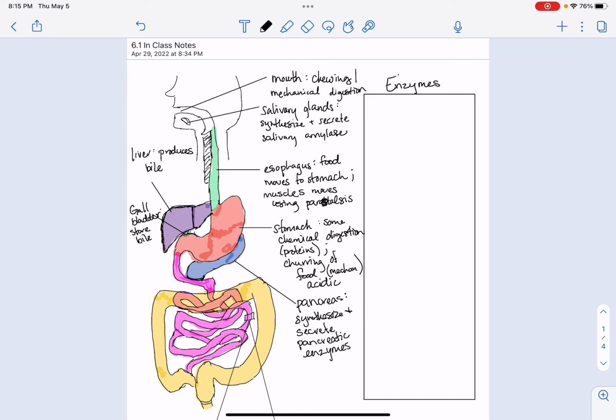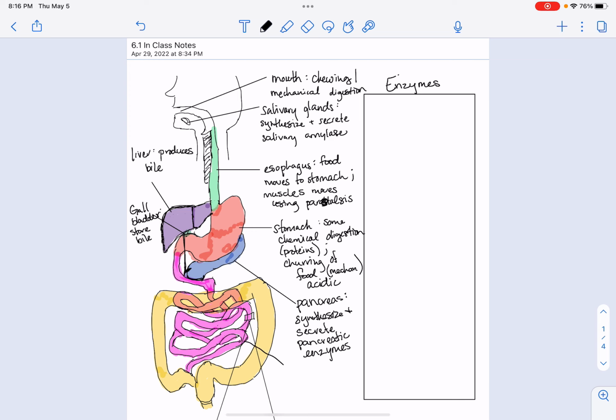That's why it's underneath the liver. I didn't draw it on this picture, but there's a duct that goes from the gallbladder, and there's another duct that connects from the pancreas, and then it goes into the small intestine,